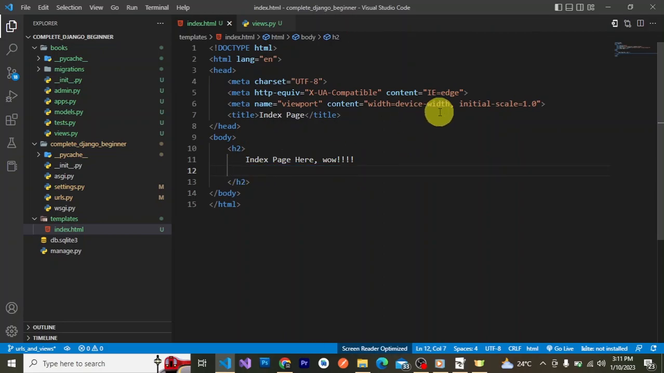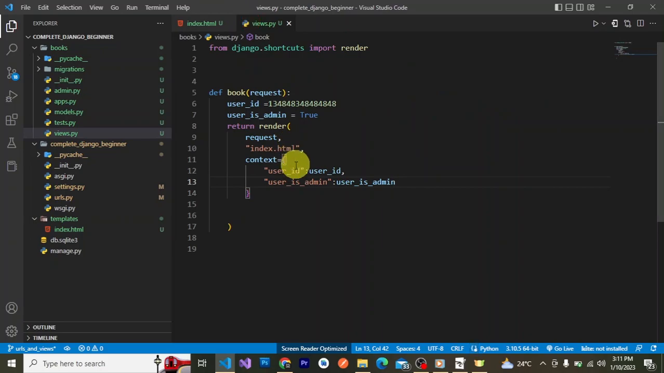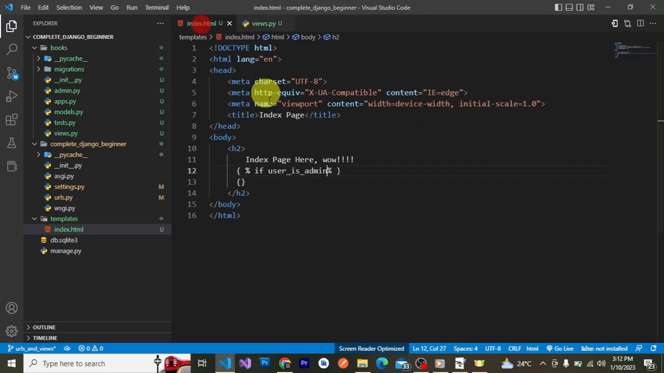So to make conditionals in Django templates, we also use Jinja template syntax. So we make two curly braces, open and close. Now in between this, we say percentage sign, we say if user is admin. Let's copy this. If user is admin, let's show the button,